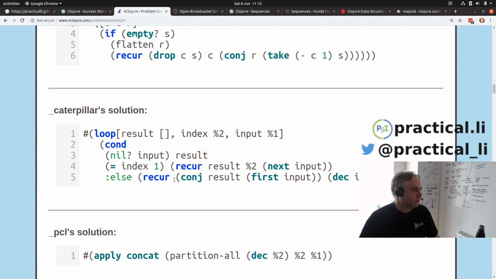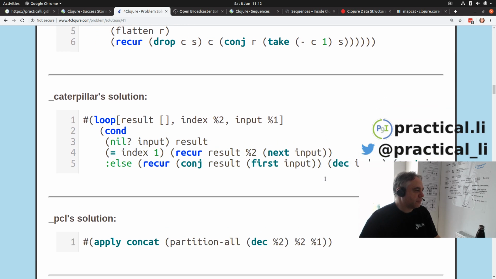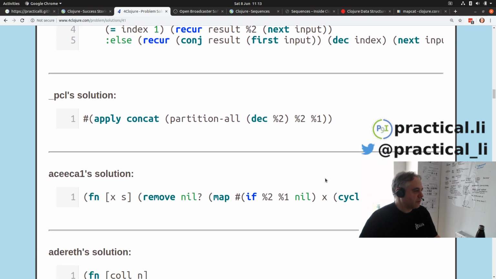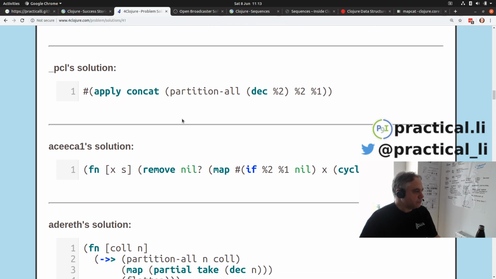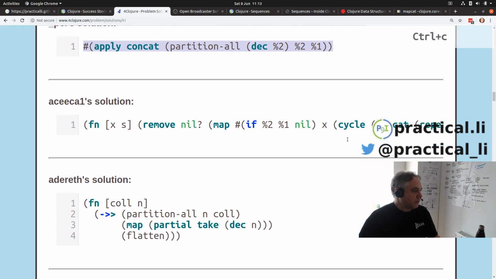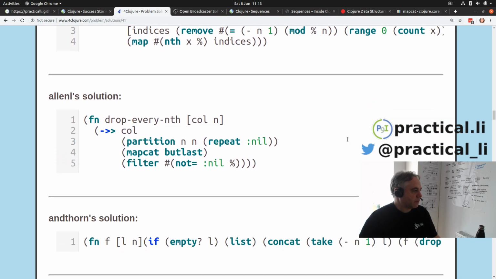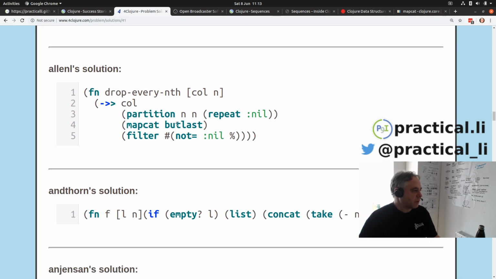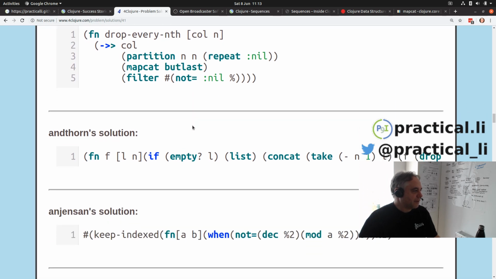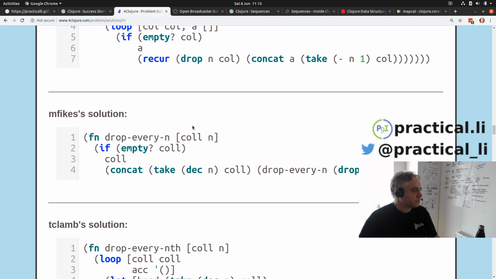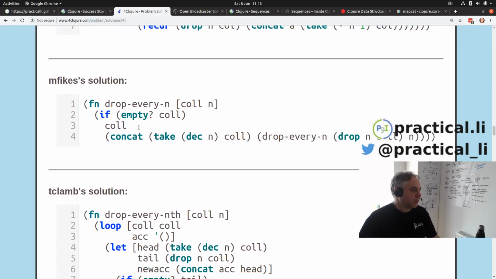Loop recur. Oh yeah. Just looking at that, it does require you to sit down for 5 minutes to actually read it, or just bring out the debugger and step through it. But yeah, I think this one is probably my favourite of these. That's quite nice. Yep, everything else. Mapcat but last, interesting. Okay, there we go. And Mike Fikes of